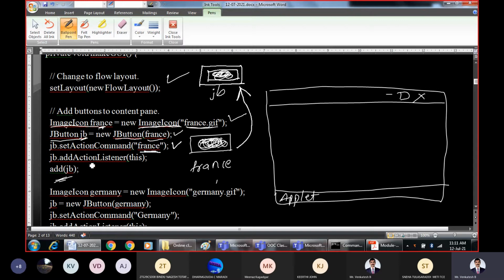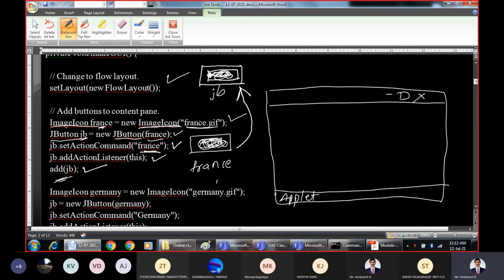Now finally we are adding the corresponding action listener for that button. By default, what does the action listener do? The action listener is going to display the string associated with that particular button. The string associated with this button is France. And finally in this line we are adding that button to the content pane, that is add JB.